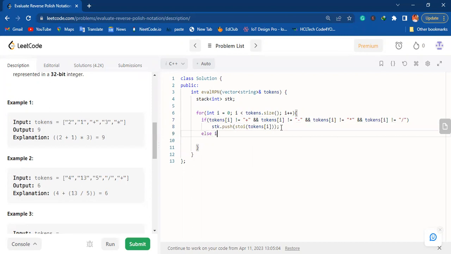So we will check else if tokens at index i is plus, then what we will do? We will need to pop out the first two values, the topmost values from the stack, then we will perform our operation, and again push our result into the stack. For that, let's use an integer variable num1 equals stk dot top, and then pop it. After popping, we have saved our first value, then we popped the first value, and now